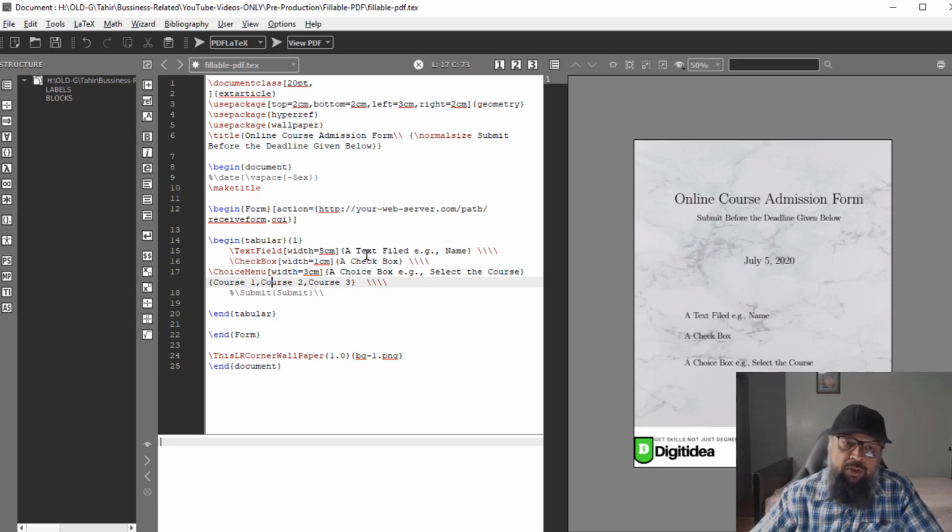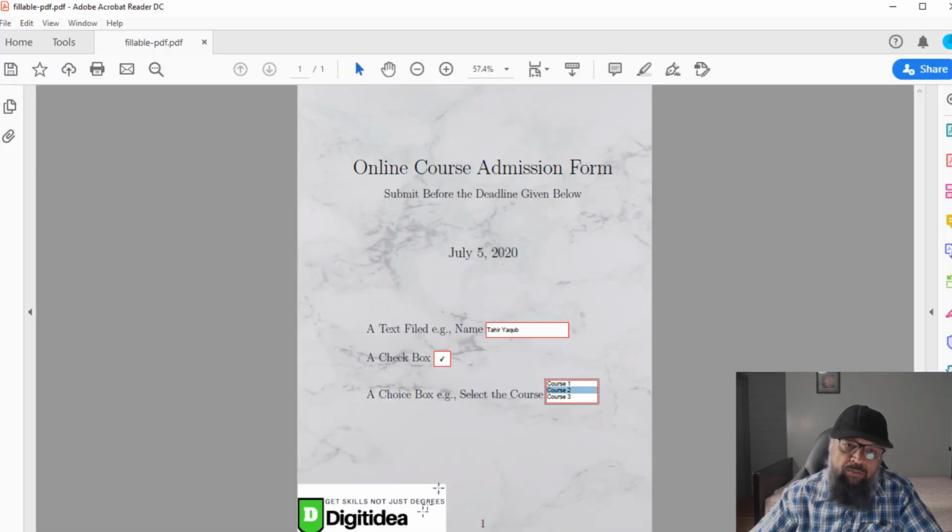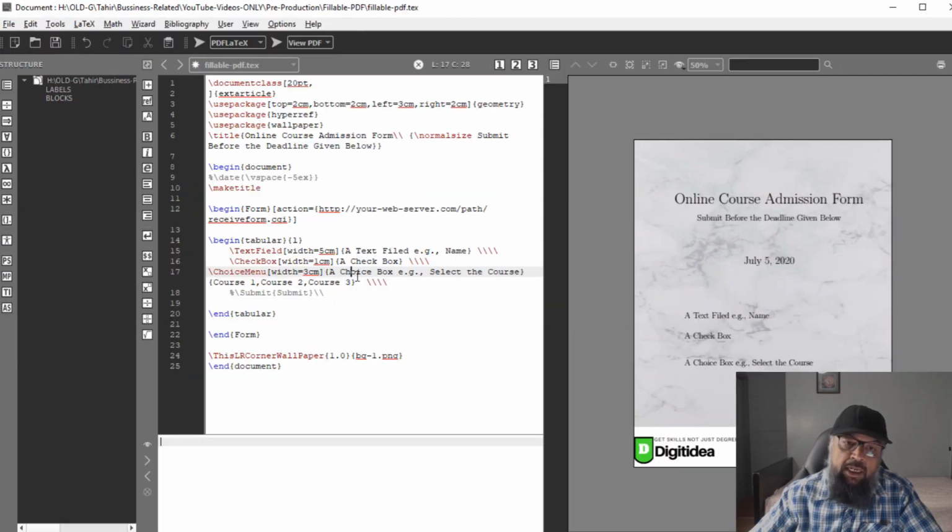Then there is one set of curly brackets in first two fields, and there are two sets of curly brackets in choice box. In these curly brackets, you type whatever you want to type here besides your field. So if I look at the form, this is the form. So this you will type in the curly brackets. Similarly, for this you will type this thing in the curly brackets. For the third field, you will type this in the first curly brackets, and these three in the second curly brackets separated by commas. So as you can see here that this text is in the first curly bracket and the options are in the second curly bracket separated by commas. And that's it. Your form is ready.